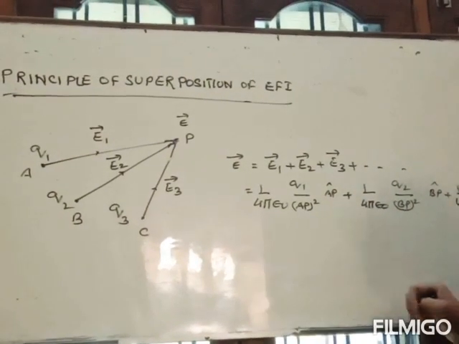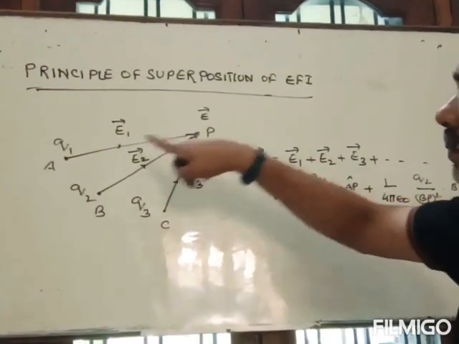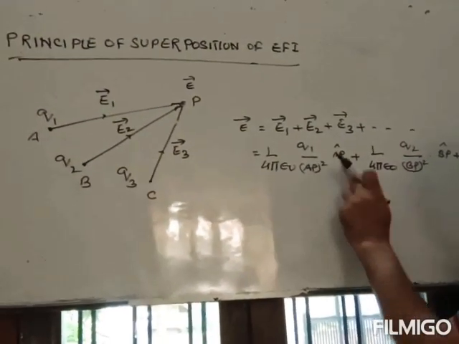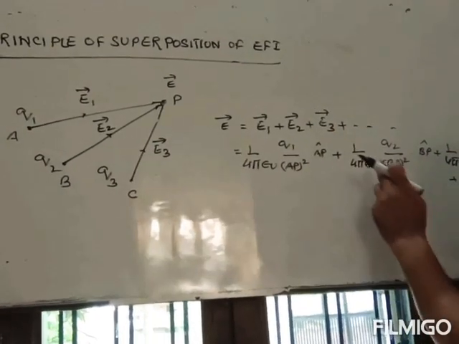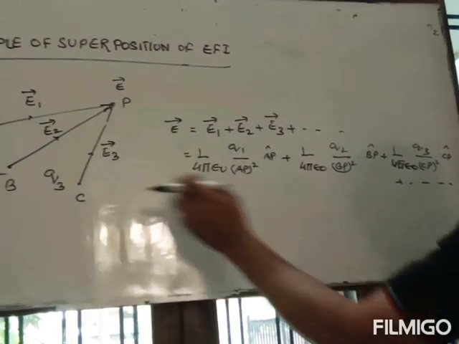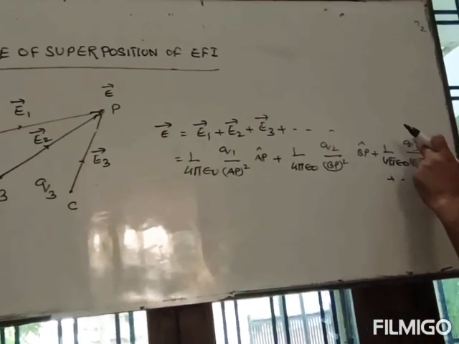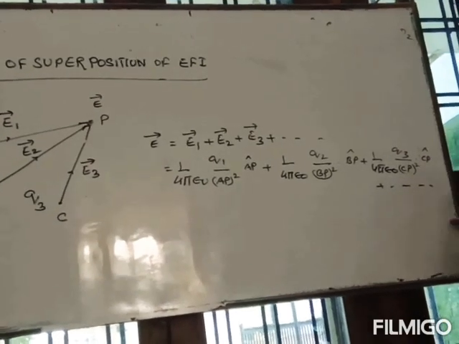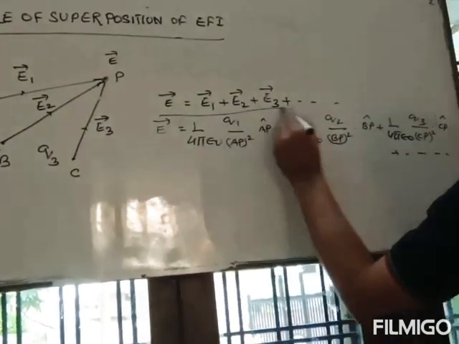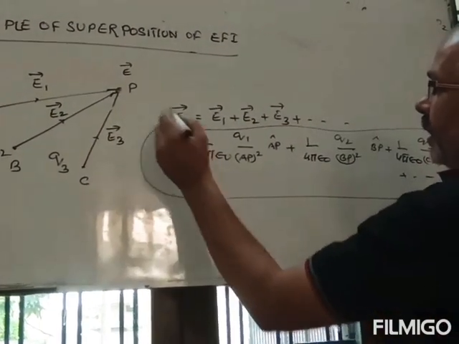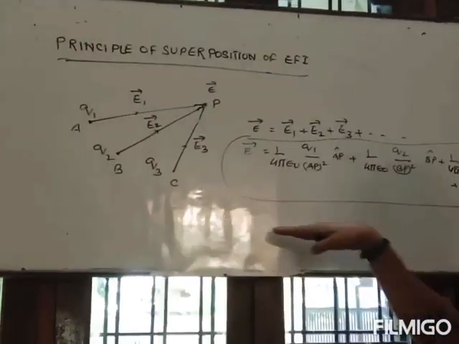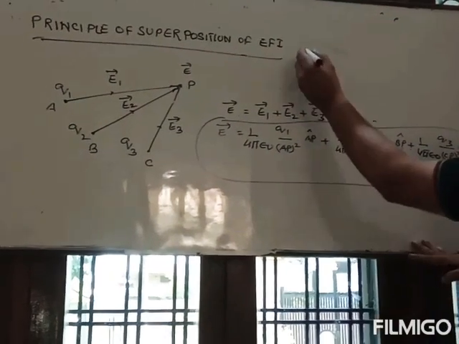For this purpose, EFI produced at point P due to the first charge Q1 is 1 upon 4 pi epsilon 0 Q1 by AP square AP cap. By the second charge Q2, it is 1 by 4 pi epsilon 0 Q2 by BP square into BP cap. And by the third charge Q3, 1 by 4 pi epsilon 0 Q3 by CP square CP cap. So their vector sum is this. This is the net EFI at point P. So to get net EFI at a certain point when many charges are present in space, we use the principle of